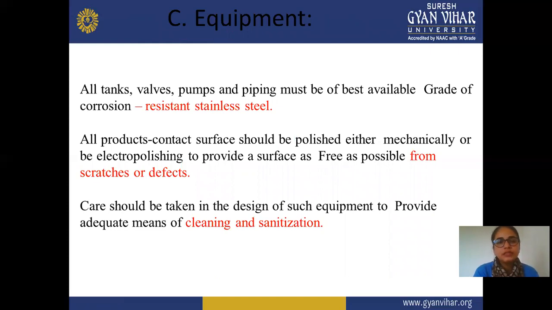Next is the equipment. Which equipment is required for these ophthalmic preparations? In this, all tanks, valves, pumps, and piping must be of the best available grade of corrosion resistance, or they are manufactured from stainless steel, because if the tank, valves, pumps, or piping are not of good quality or in proper condition, or not arranged in a parallel way, there are more chances of